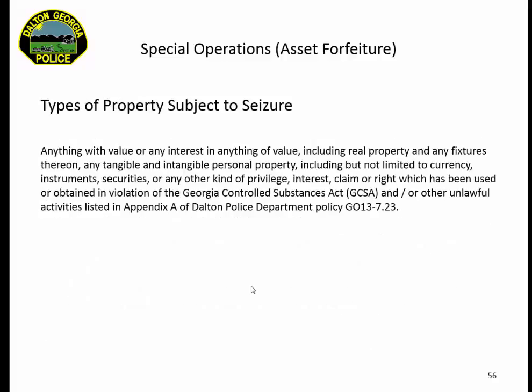Anything with value or any interest in anything of value, including real property and any fixtures thereon, any tangible, intangible personal property, currency, instrument, securities. These are some of the types of property that we can seize.